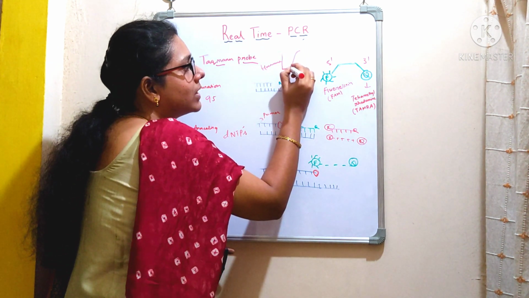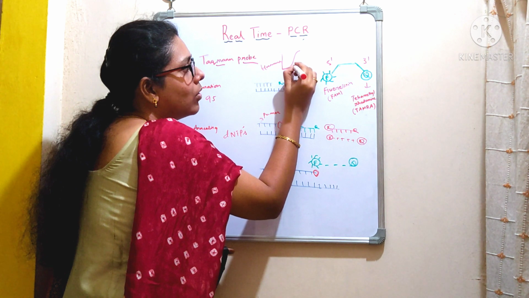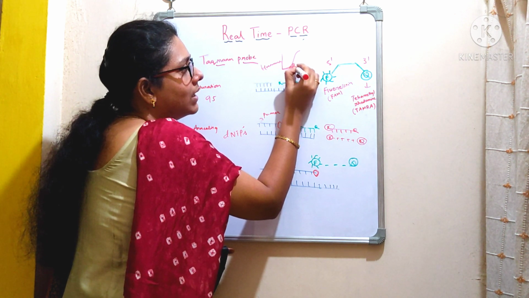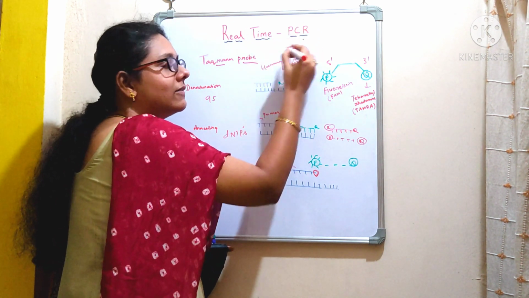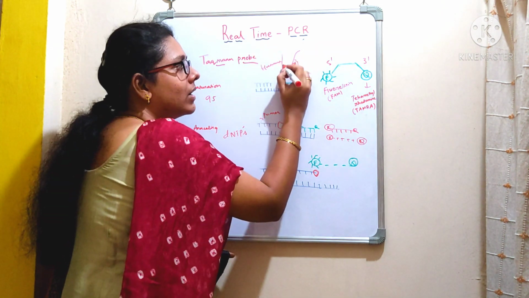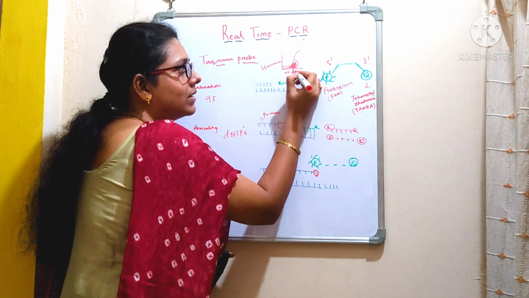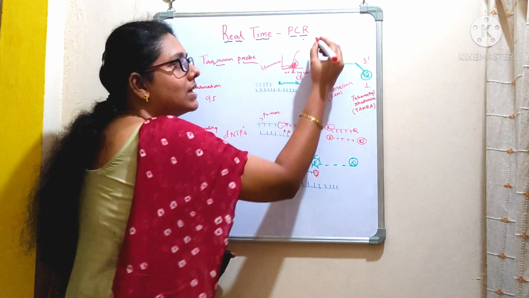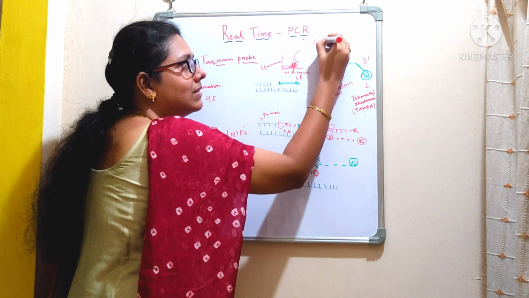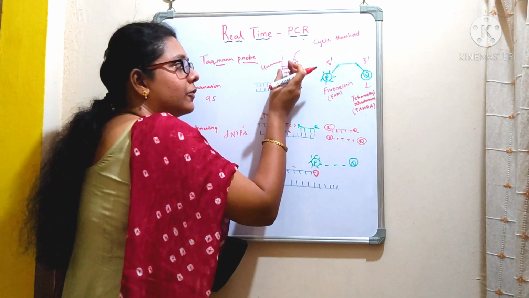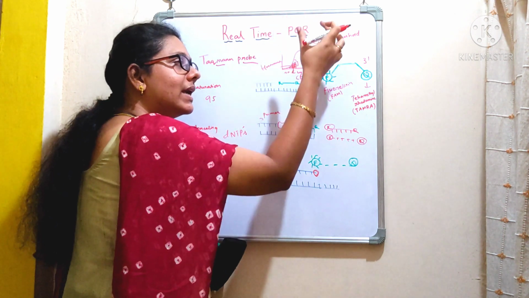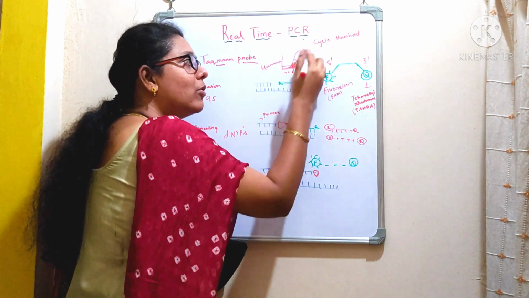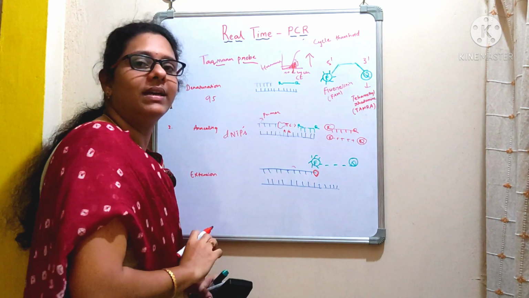Why? Because for each cycle the amount of gene will be doubled. So this is like an exponential amplification of the gene that is represented with a curve. From this curve you are going to check the CT value. Here the CT stands for cycle threshold. With each cycle of PCR, the amount of PCR product will get doubled. At the same time, the amount of fluorescence will also increase.